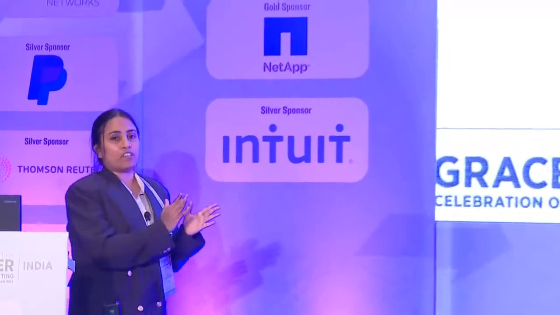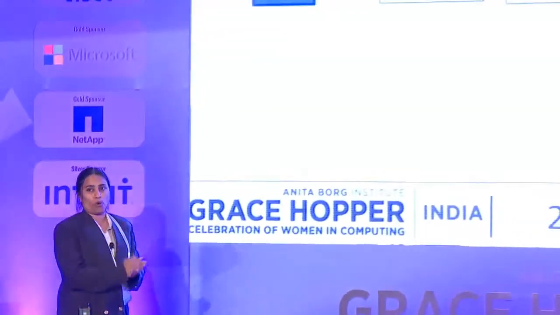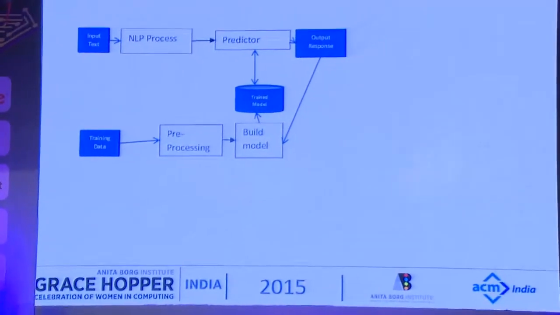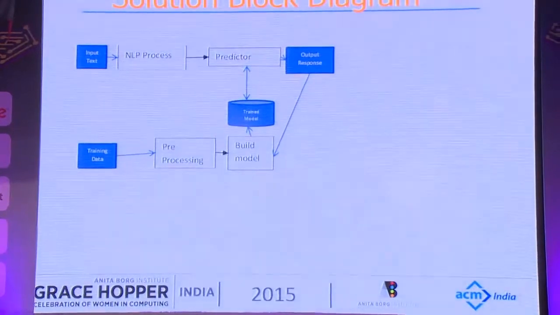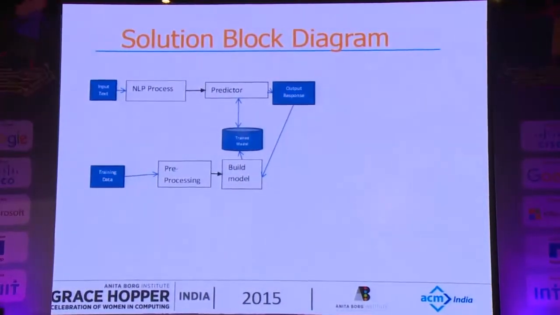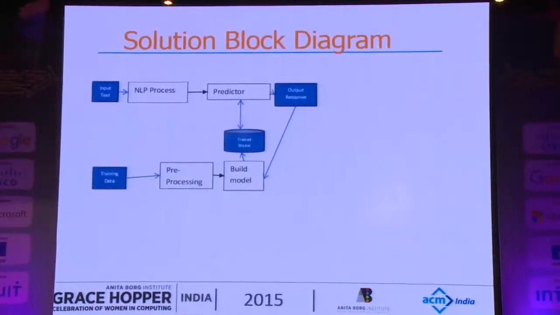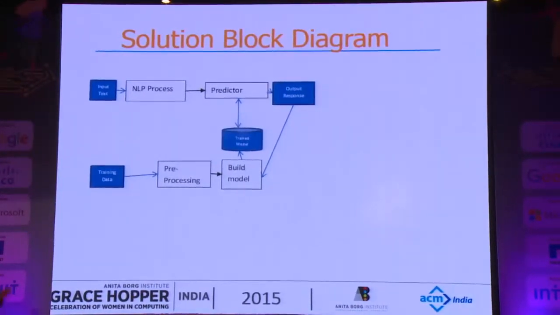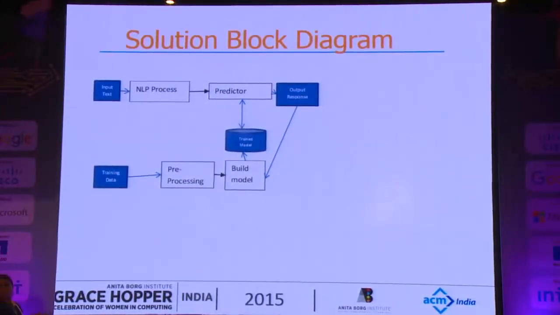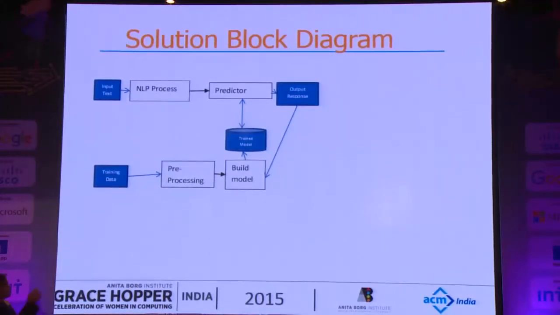So now that we have seen what our use case is and what the prerequisites are, and we have that prerequisite ready, I'm just giving a very high-level solution block diagram of what it takes to build such a system. If you see the bottom line, there are two steps to this: one is the training and then the actual prediction. In the training, basically, you get the training data, which is your historical corpus, and you send it through a lot of pre-processing. We'll go deep dive into these blocks, what each of them does, down the line.